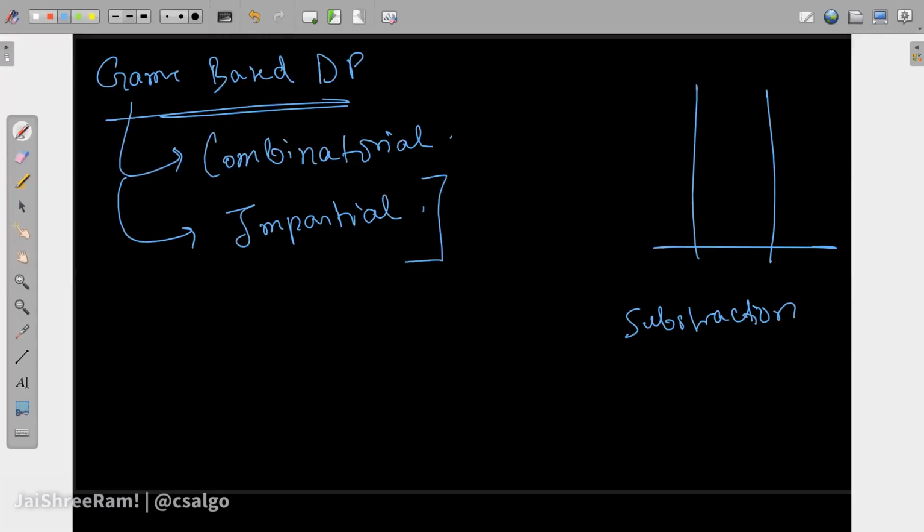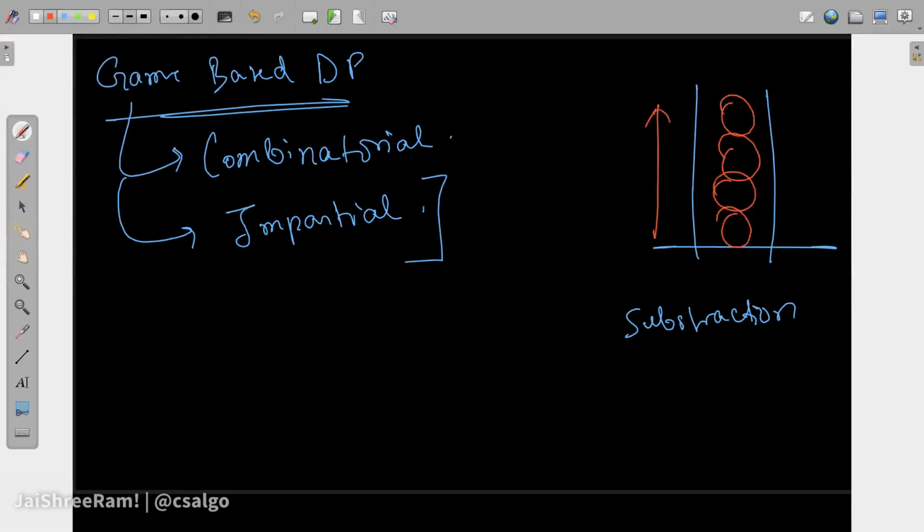Now with these in setting, if the game does not go on for infinity, we can find out the value, like who is going to win or lose the game, using DP. So let's talk about one particular example. Let's say there are